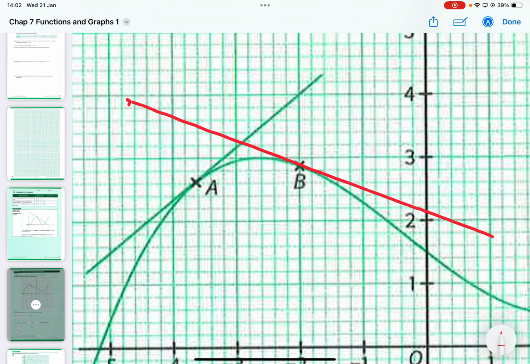when I want to find the gradient at this point, this line, if I zoom in indefinitely, this point will become a straight line. So this straight line is to simulate here being a straight line. Then if I want to find the gradient of the curve at that point, I find the gradient of this straight line. Then if I want to find the gradient of this straight line,